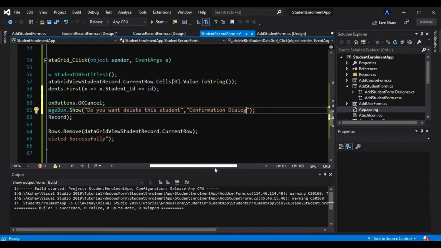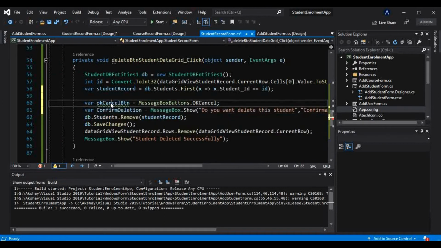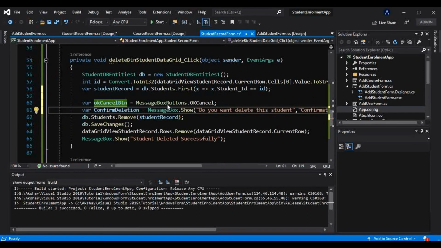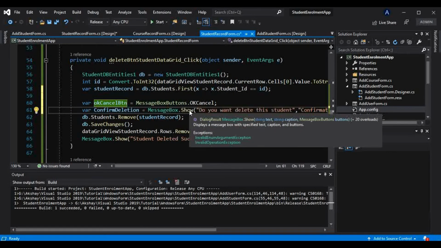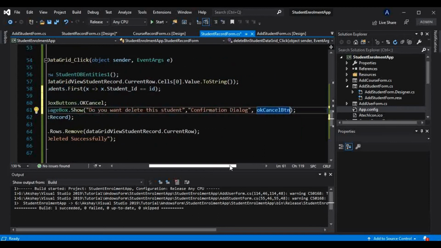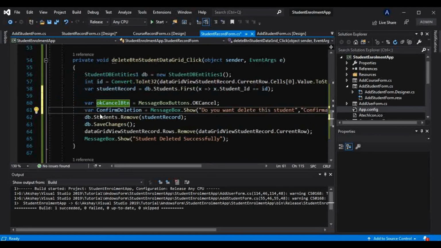And what is the next item here? That is nothing but that button, which we have generated here and stored into this OK cancel button. So I will give that here. Now, if I hover my mouse over here, you will see that this show method will return a dialog result, and that will be OK or cancel. Whatever the user selects, OK or cancel, that result will be here.